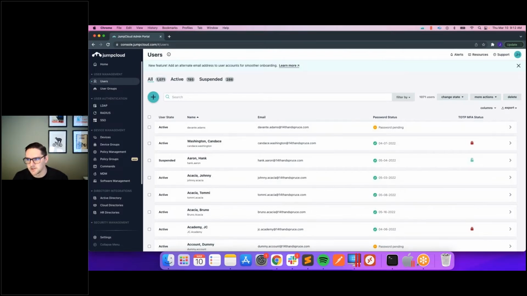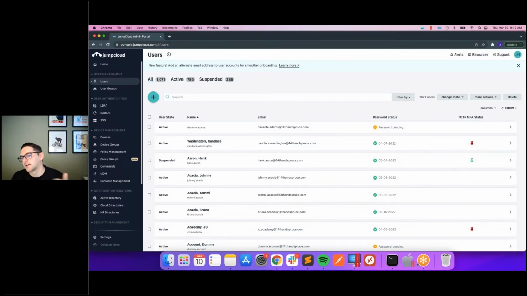JumpCloud doesn't currently support OpenID Connect for authentication into applications, but that is something that's planned on the roadmap. And I think I actually saw today that it's slated for Q2. But again, don't quote me on that. So OpenID Connect is one. That's probably one of the big things that Okta can currently do that JumpCloud cannot, but otherwise, like SAML is